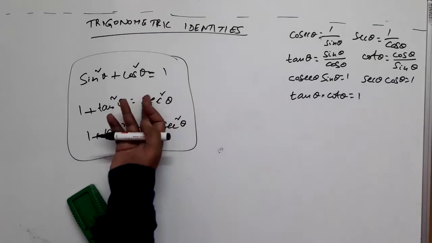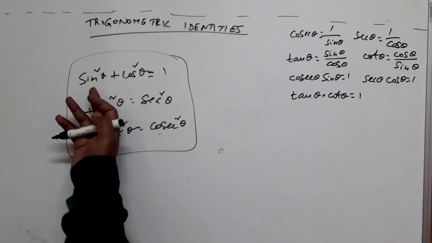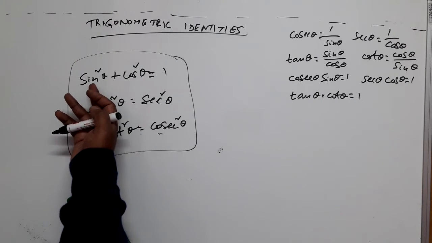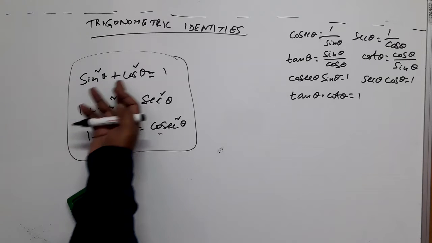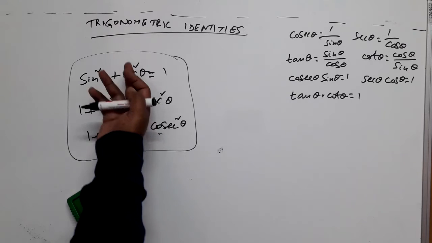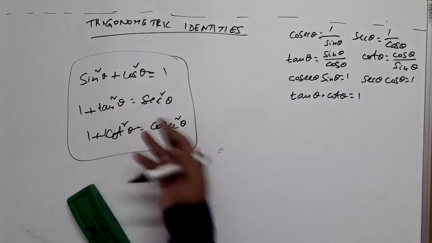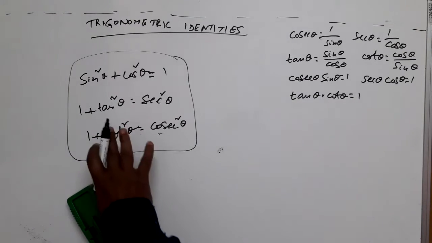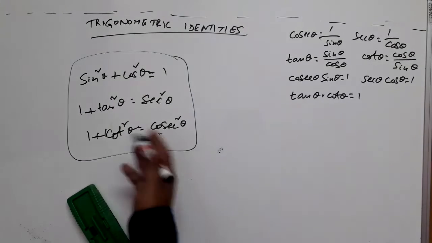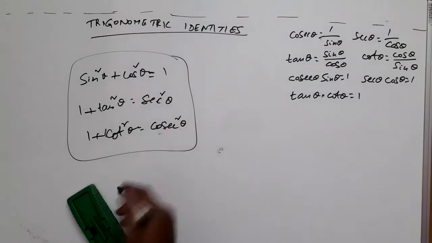Let us say 0 degrees, you substitute. Yes, if theta is 0, sin theta is 0. Sin 0 degrees is 0. 0 square is 0. Cos theta is cos 0 degrees. Cos 0 degrees we know is 1. 1 square is 1. 0 plus 1 is 1. Tally it. And so on. Right? For any value for which the terms involved are defined, this equation holds good. That's why this is called trigonometric identity or equation, you can say.